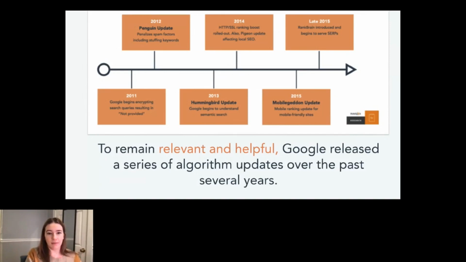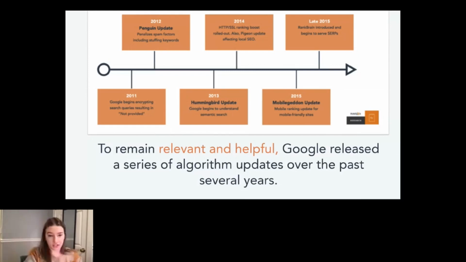2015 was a big year for Google. There was the mobile-geddon update, as it's fondly referred to by SEOs, maybe a little bit dramatic, but during that time, Google announced that it would incorporate mobile friendliness as a ranking signal. And so non-mobile friendly sites would be penalized on mobile search. The Penguin update, it hit the black hat SEO people hard, yes. Penguin was definitely one where people saw a lot of change.